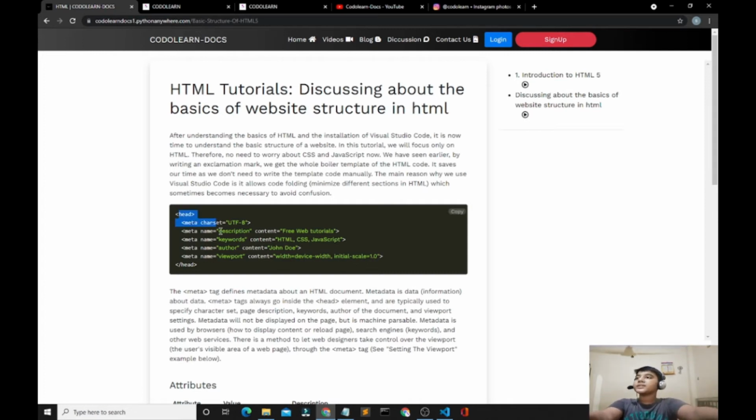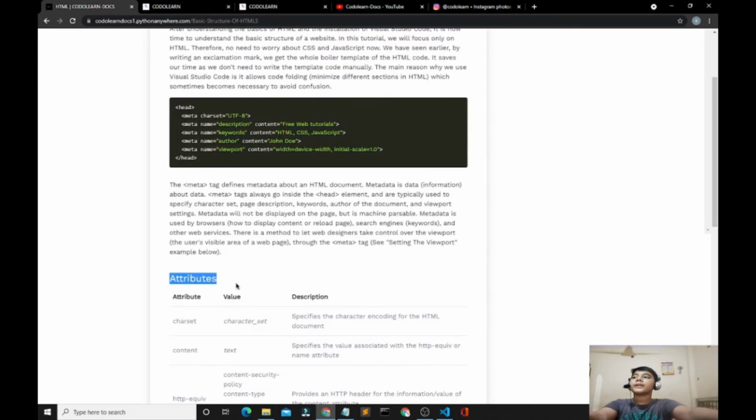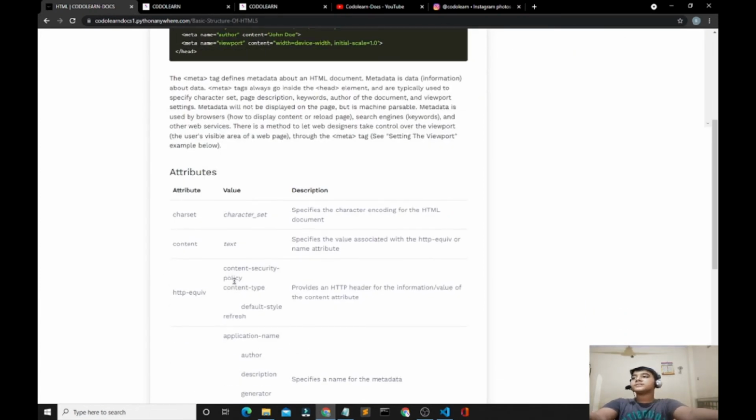So guys, here you can see the code. We have to specify the metadata always in the head tag, and now some attributes of meta. There are so many attributes we can specify in the meta tag. Some of them are charset, which is character set, which specifies the character encoding for the HTML document.